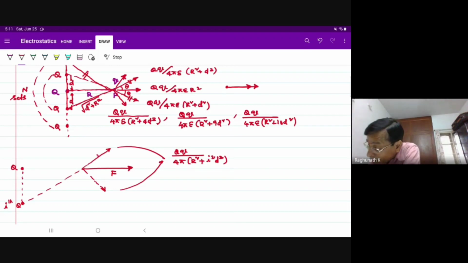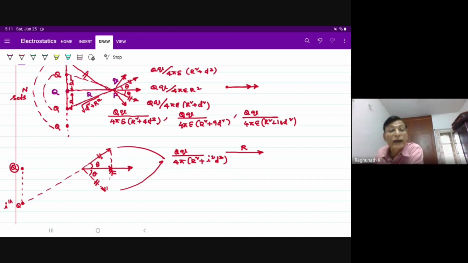What is the resultant of these two equal forces equally inclined from the horizontal force F? If this is theta, this is theta. The resultant of these two forces is 2 times the horizontal component of each force, right? Or the component along the actual force. Because of small q kept here, I have to write it as,